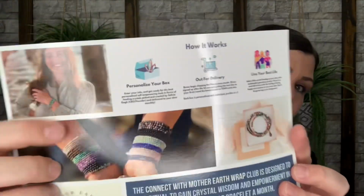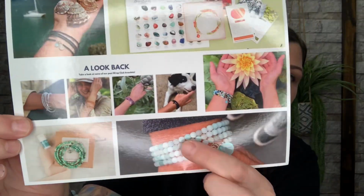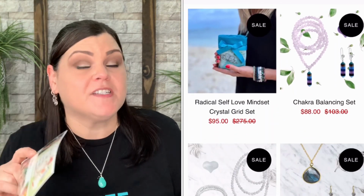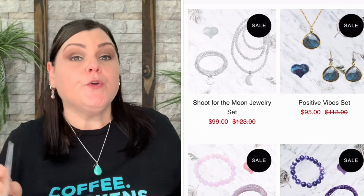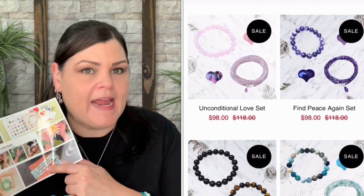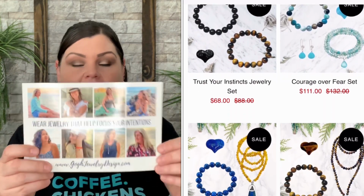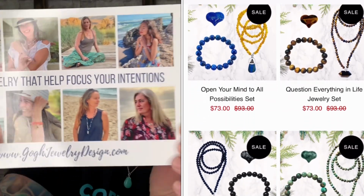Mother Earth wrap bracelets. Again, you can stack them. You can do all of that, but ooh, look at how beautiful. They just have the best jewelry when it comes to crystal jewelry. Oh my gosh. And you can purchase everything individually. So if you don't want to go straight to a monthly subscription committed, you can shop their shop and purchase all of their bracelets, the wraps, there's anklets, there's all kinds of stuff and crystals that you can purchase from their website. And then they do have this card that gives you some more jewelry, little images there you can